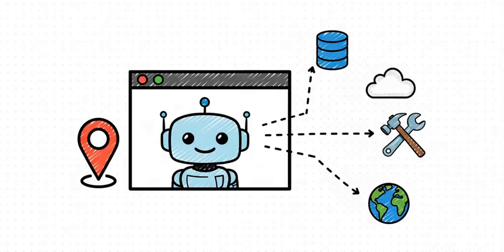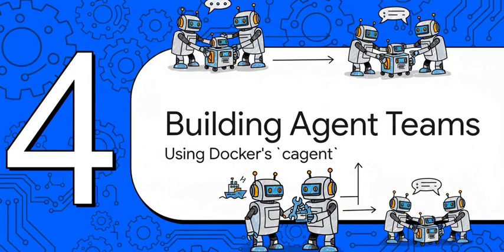So let's put it all together just to make it crystal clear. The Agent Client Protocol, ACP, is about where the agent lives. It puts it right into your workflow. The Model Context Protocol, MCP, is about what the agent can do. It connects it to tools and data. Together, these two things are the foundation for a whole new, totally open and incredibly powerful AI ecosystem for all of us. Okay, so this all sounds great in theory, but let's make it more concrete.